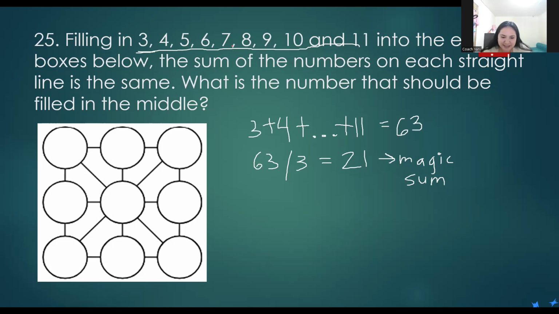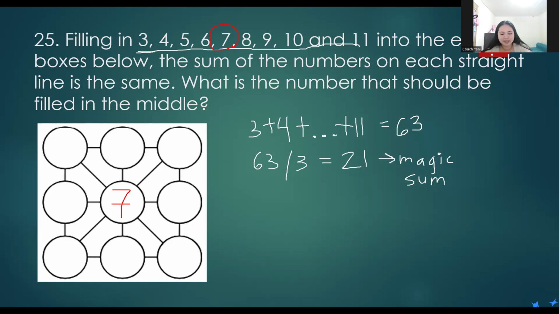I think it's 7, because 63 divided by 9 equals 7. Yeah, it's 7, right? 63 divided by 9. Or you can also just count what's the middle here. So you have 4 here and you have 4 here. So 7. So what do we do with that 7? We put it in the middle of the magic square, like that.